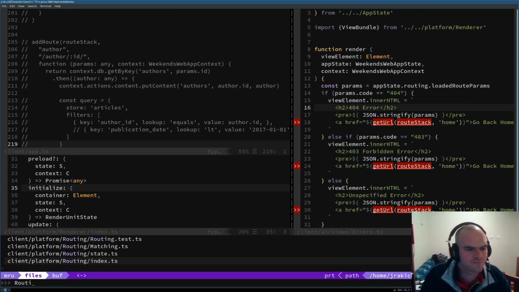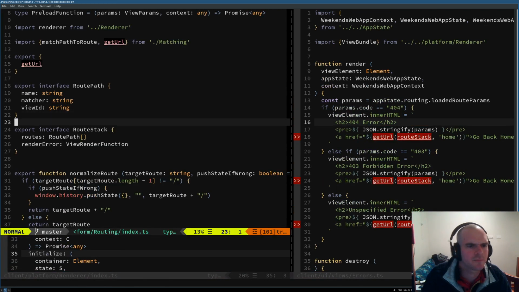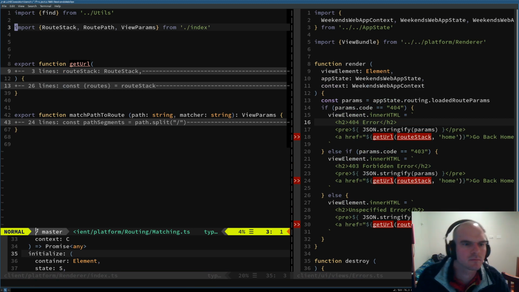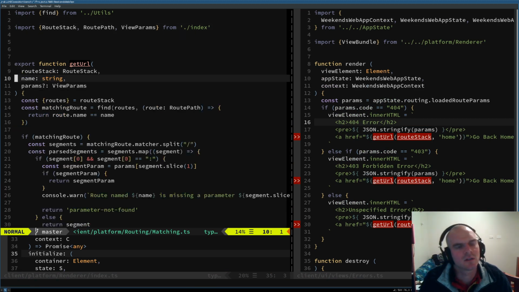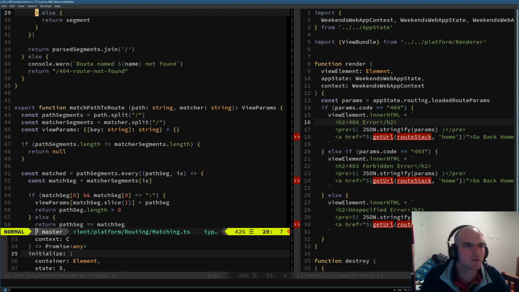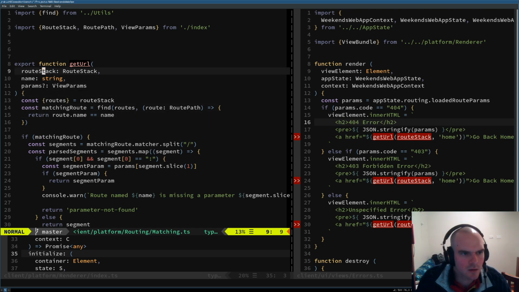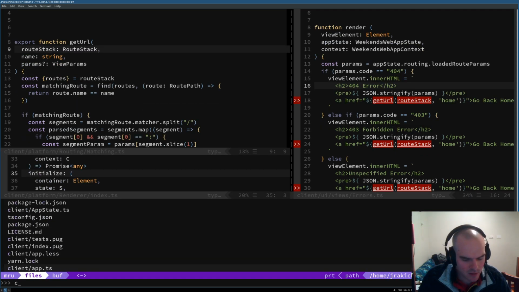So if we look at routing index here, and we go to matching.ts, you can see a function here, name and then parameters, and that is pretty much all it is, name and parameters, and then it returns in response a string of some description. Okay, so what we're going to do with that is we're going to translate that into something that goes within